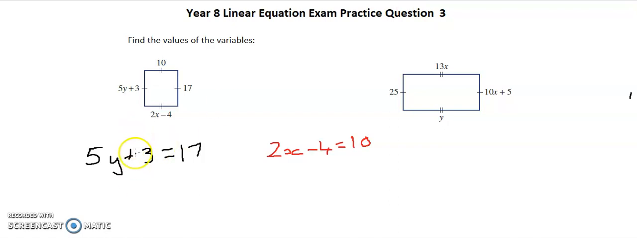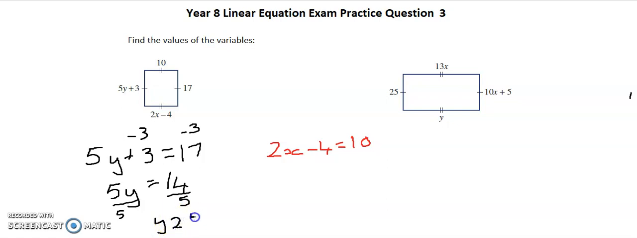Straight away I can get rid of the constant on one side, so I've just got the variable. So I'm going to take 3 from both sides. That means I'm left with 5y is equal to 17 take away 3, which is 14. Now again, to get y by itself, I just need to divide by 5, because it's the inverse, the opposite of times. So I divide both sides by 5, and that gives me y equals